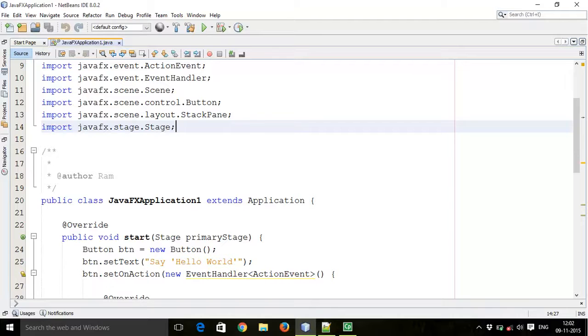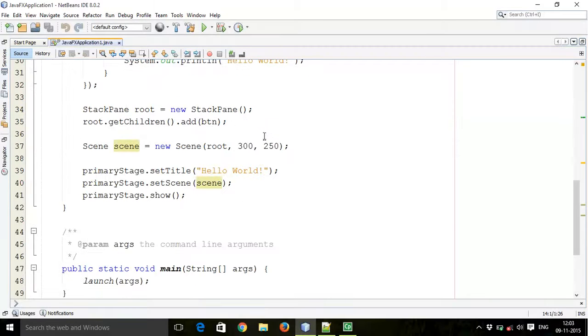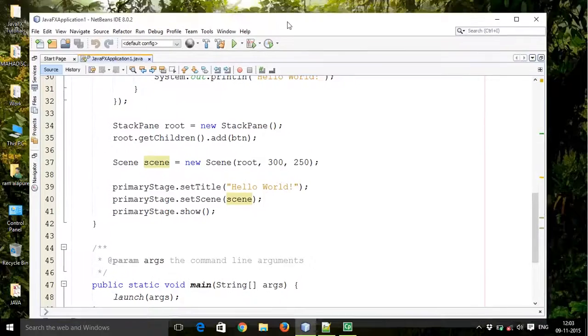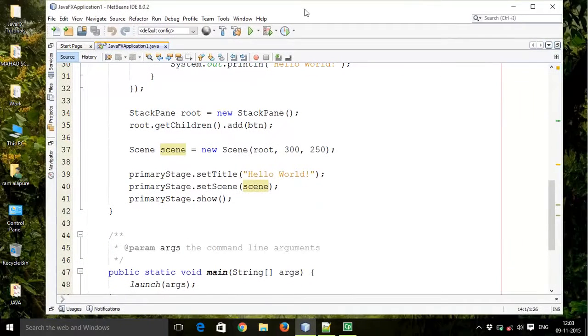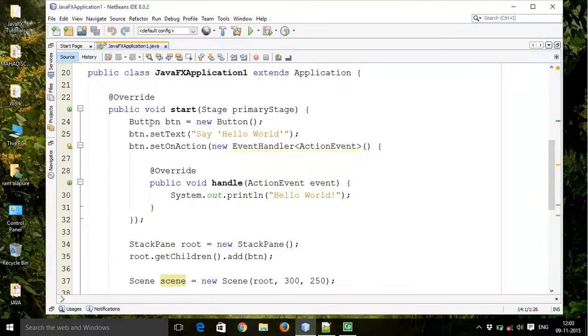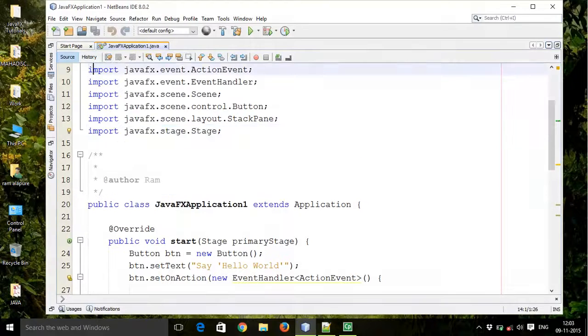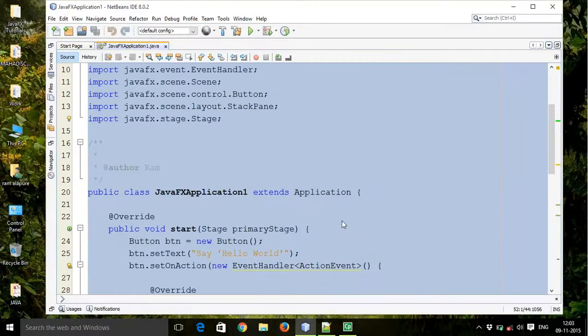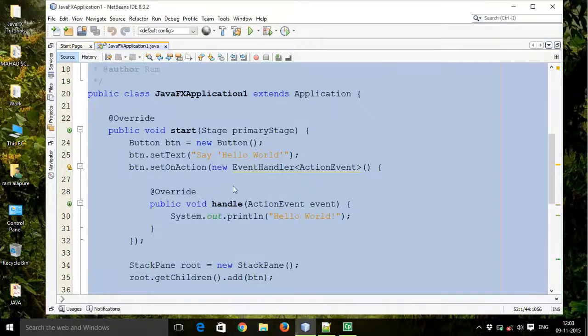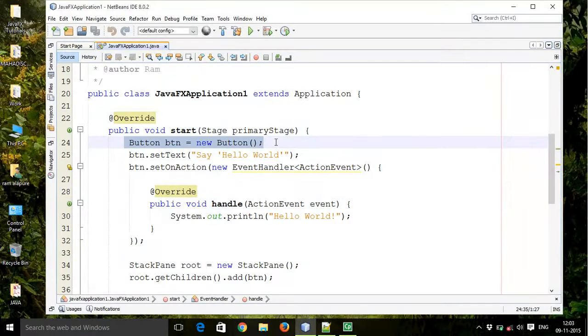Then the stage. In a JavaFX application, this complete panel is referred to as a stage, whereas all the content in it is the scene. And here this children element plays a central role on this scene to print hello world.